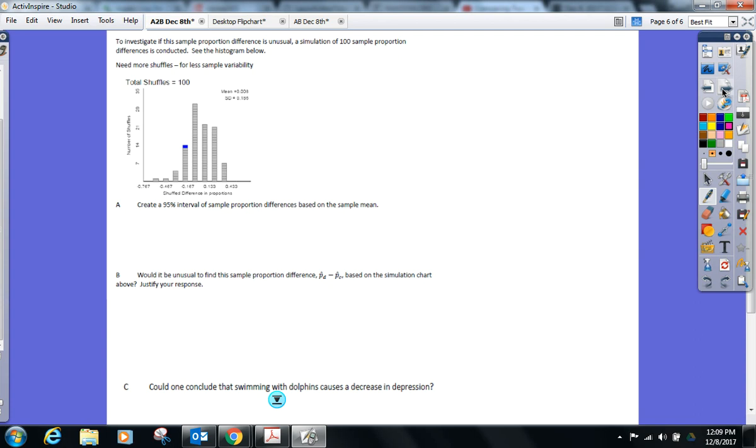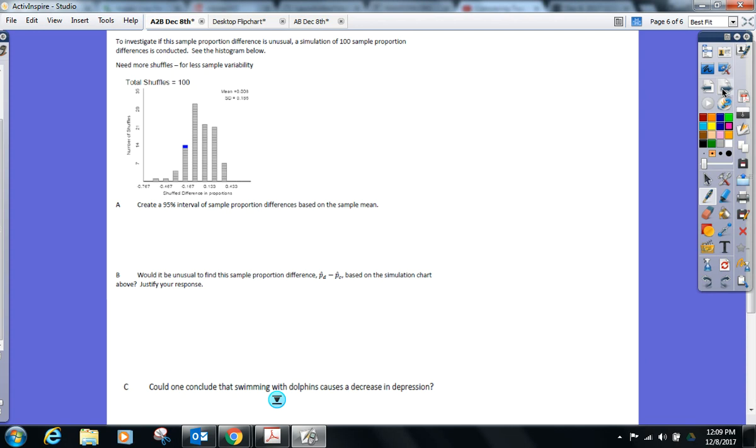When we shuffled randomly 100 different times, see where all the proportions came out. Where's our observed proportion? Still way off. Not even part of it. So do we think that this occurred because of random chance? No. Do you see why everyone's saying no right now? Because when we did it by random chance, here are the values we have. So that wasn't by random chance that we got our value of 0.467.